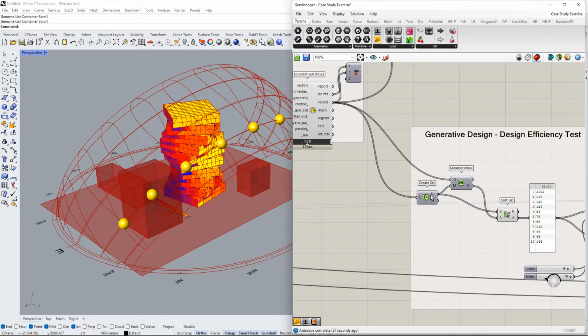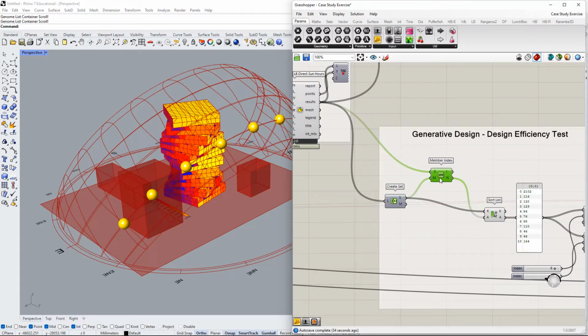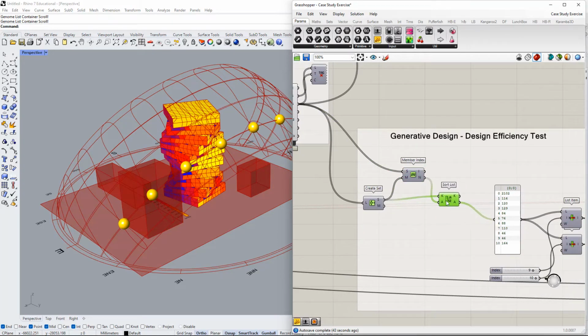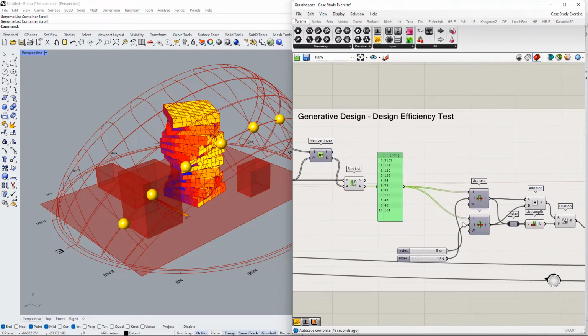So I use create list, I connect all of the results to that component. After that, I use the component member index that is going to find out all of the elements in the list, what index they have, and then I'm going to sort that list so I get the organized results. From that, I use this too,